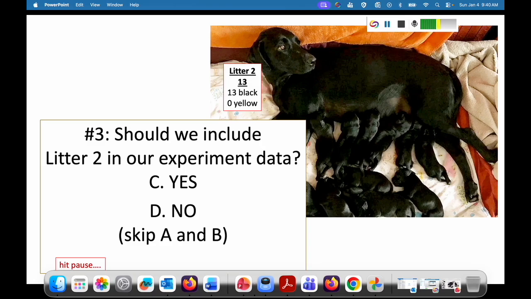So for example, litter 2 is all black puppies, and given the methods that I share, should they use these puppies in the litter? We're supposed to look at families where the parents can produce both black and yellow. Here they're all black. It looks like the parents might be true breeding for black, but I show them another litter that does have yellows in it, and so we can combine those puppies from both crosses. So yes, they should include this data in their